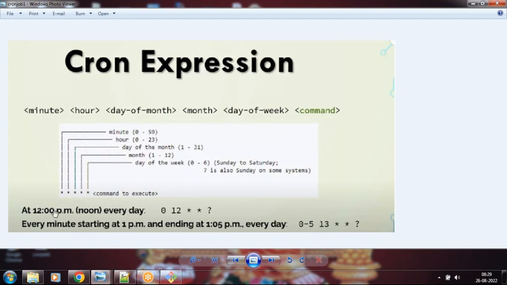So here he is asking at 12 p.m. every day. He specified the time. Time comes under hours, right? That is why in the second section, the hours section, he specified 12. And he did not specify the minutes. That is why the first section is 0. He did not specify any month or day of the week. He is saying simply every day. So that is why